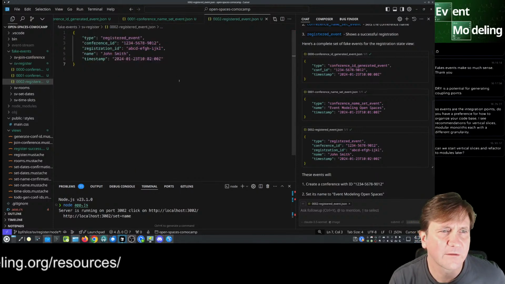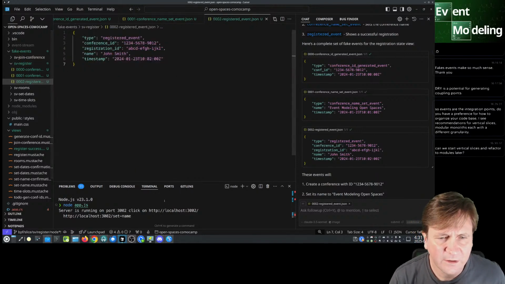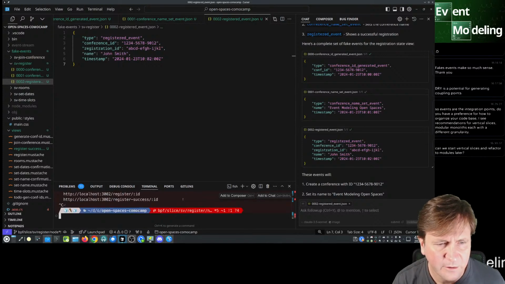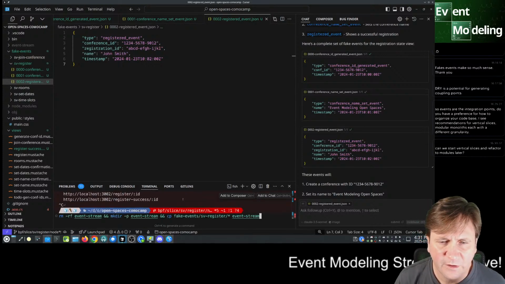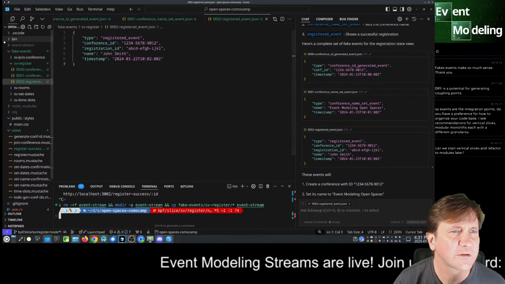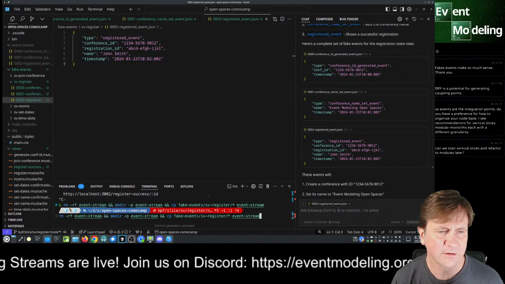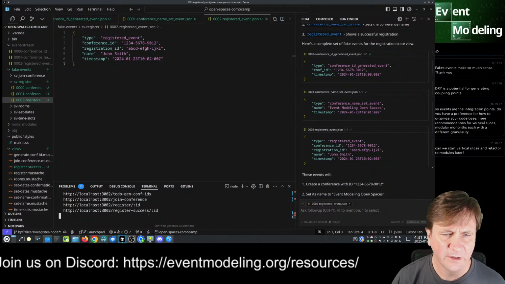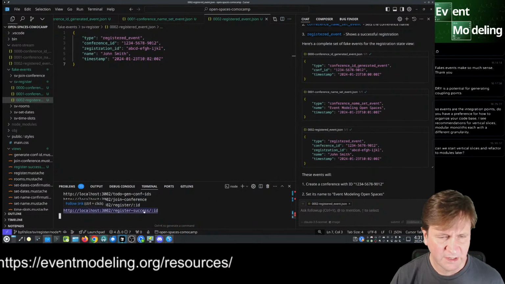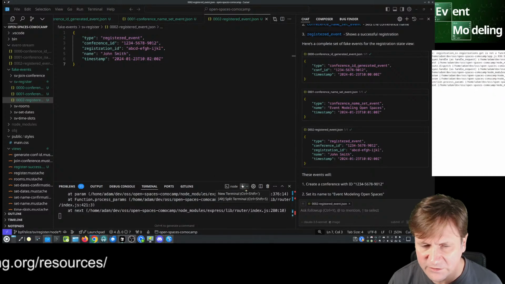Correct. Okay, so now that we have these fake ones, I can rerun our remove and put in these fake ones here, so that now we'll have our registration, and now in our application and register success, we can see, and of course it went to the wrong